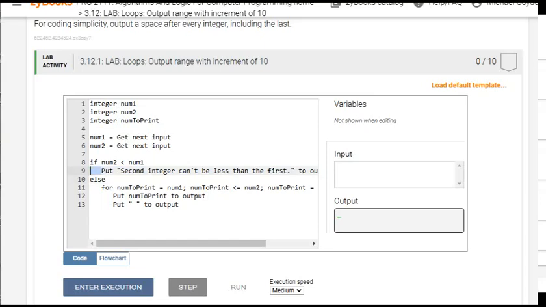And notice here, here's the indentation of 3 spaces for that if. The else is lined up with the if there, right? Here's the indentation of 3 spaces. Now notice this, I have an embedded loop in this else statement. Okay, for number to print is equal to number 1, number to print less than or equal to number 2,